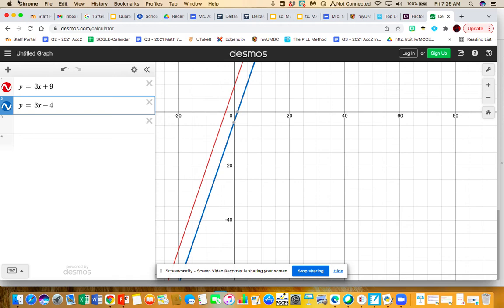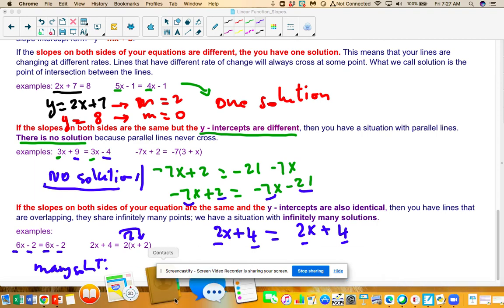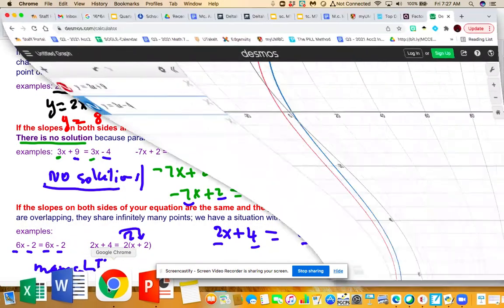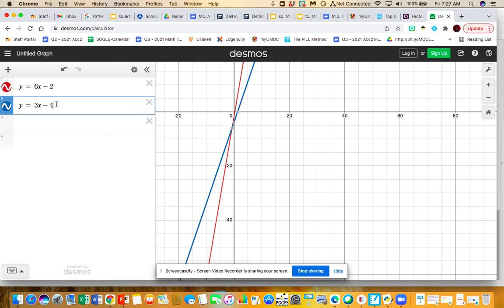I'm trying to get out of this. So we have 6x minus 2 and 6x minus 2. Now, it's hard to tell, but you'll notice that